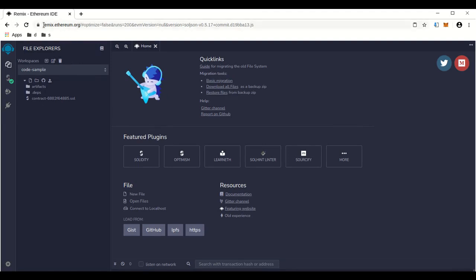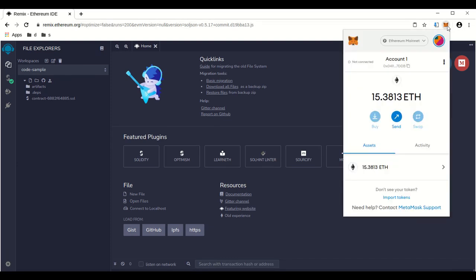First, you're going to want to open up a web browser to remix.ethereum.org, and I will post all these links down in the description. You also want to make sure you have the MetaMask extension installed and you have some Ethereum in there. Now, this is the account I've been using for the anti-front-runner bot, and I started off with 0.2 in there, and this is all from the profit from the bot. The bot just runs as an Ethereum contract